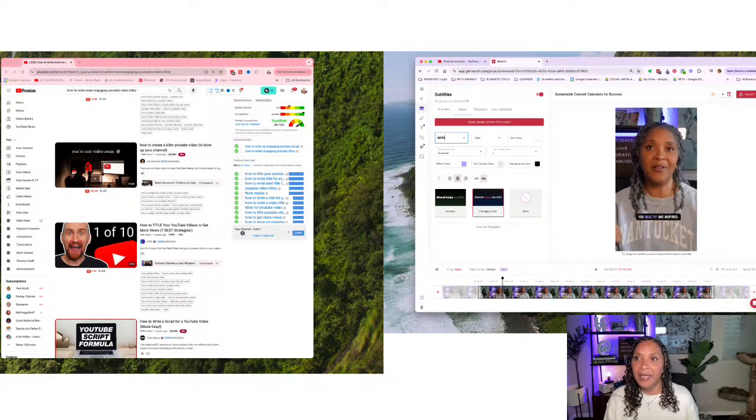CapCut has added a Munch feature. Yeah, does it? I have CapCut too. I'm not sure about CapCut. I struggle with it. I prefer to use Descript to edit my content because